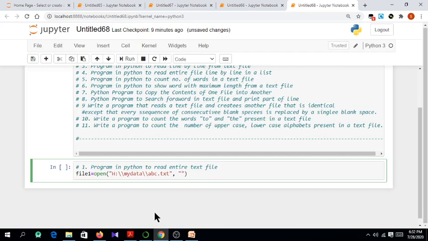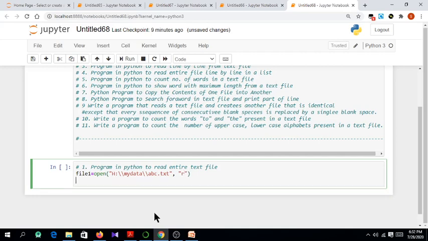The question is: write a program in Python to read the entire file. So our task is simple here, we only need to read something from a text file. So I'm going to use the mode r. R stands for read. Suppose data equals file object dot read.